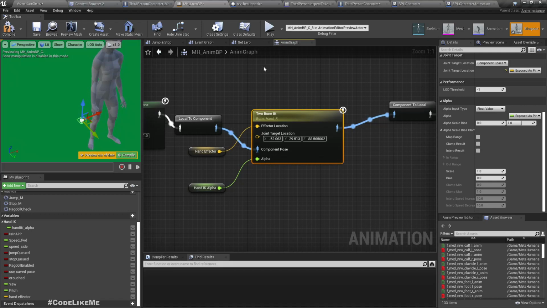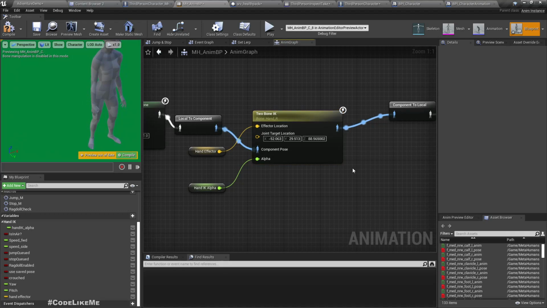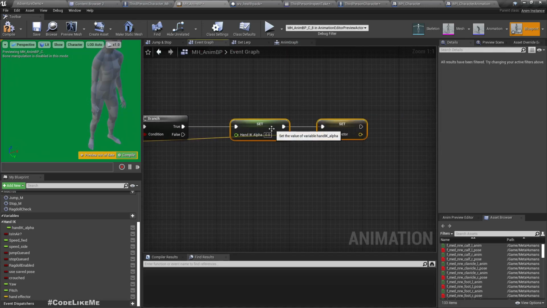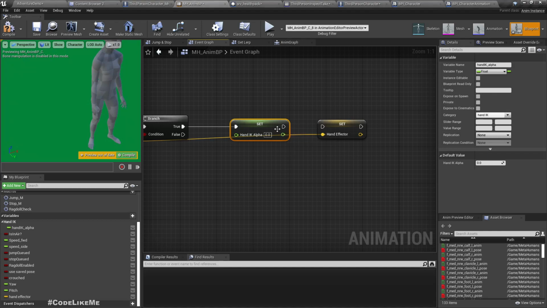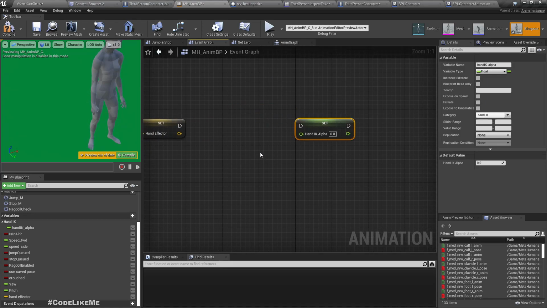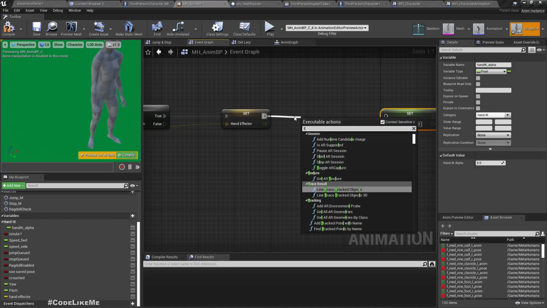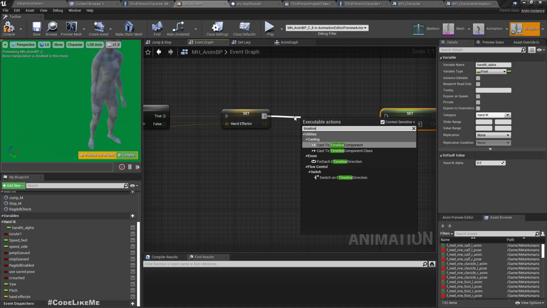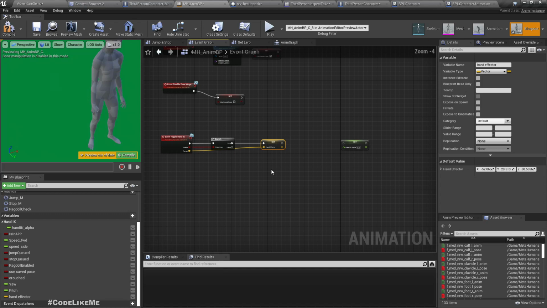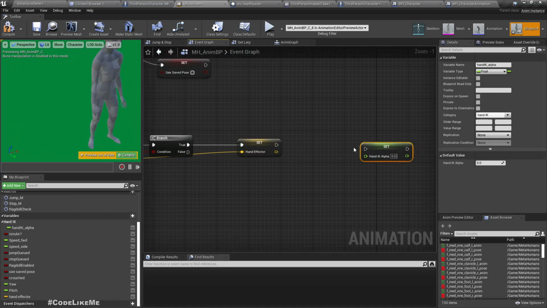I need to find out more about that. So for now let's just choose a timeline. Effector will be set first, effector location, then let's add a timeline here. Oh, we can't add timelines here inside animation blueprint. Right, then what we can do is,